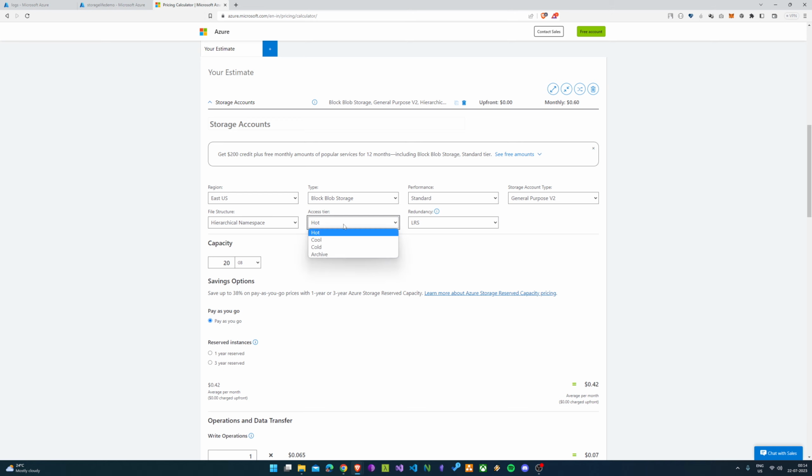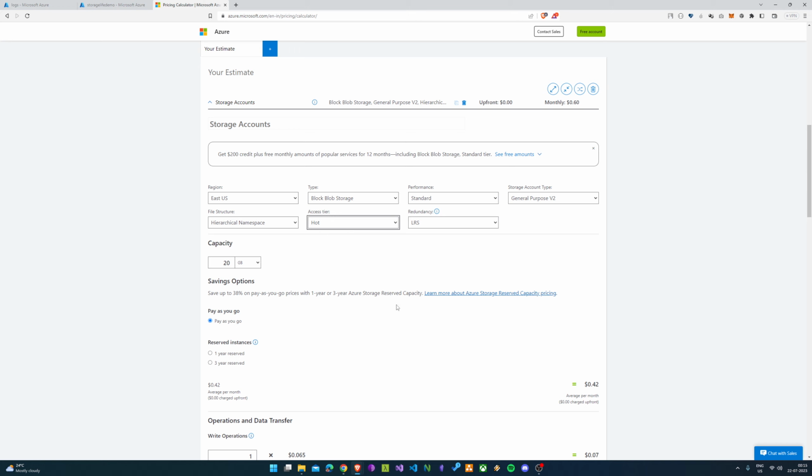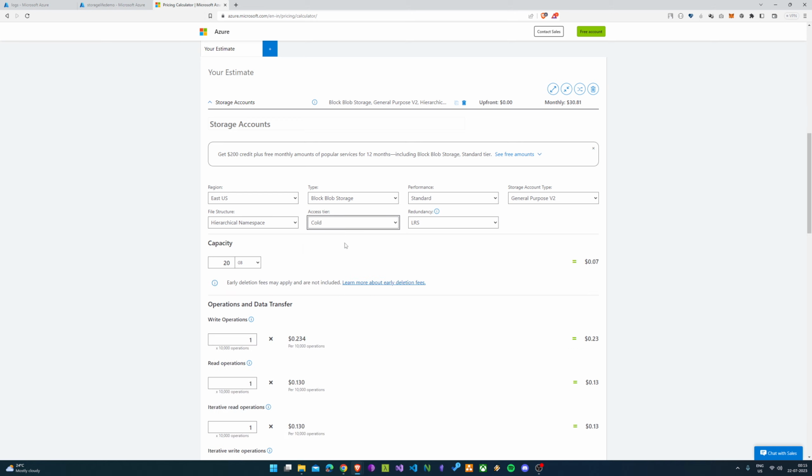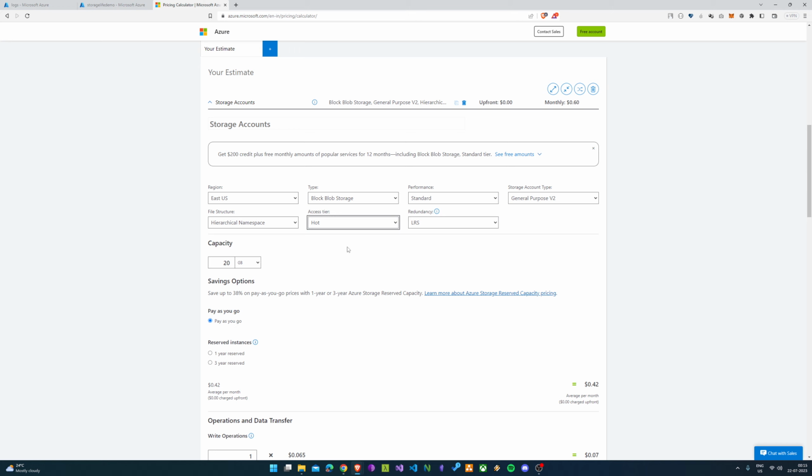but that's okay because the data which is put inside the archive tier is a business decision, ensuring that we are really going to access that data, and the cost of moving the data from archive to hot for accessing that data is justifiable. Then we have cool and cold storage as well, but you can see they are all cheaper comparatively to what the hot tier has to offer. So hot tier should be used only for the